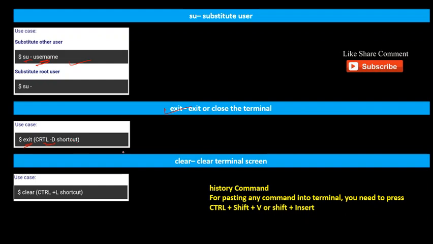And if you want to clear your terminal screen, you can use clear or the control plus l shortcut. You can also use the history command, to see how many commands you have used or which commands you used. For pasting any command into the terminal, you need to press control plus shift v; somewhere shift plus insert also works.